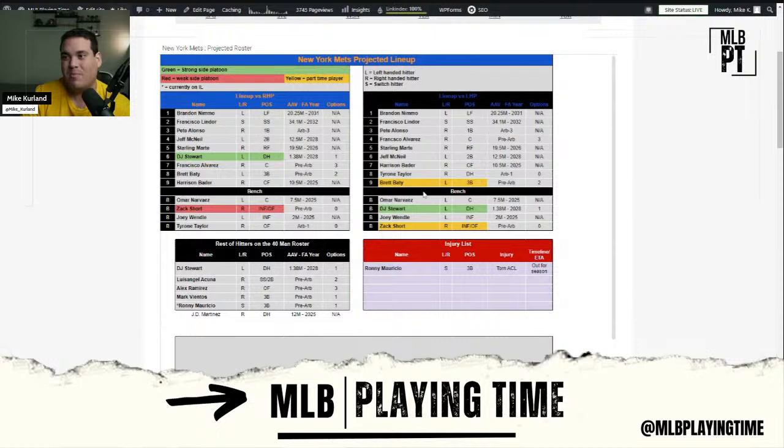So we had him in the lineup. I put Beatty as a part timer because I wasn't sure. We're going to update that as well. So Short will go in, and I'll probably tab Beatty as a strong side platoon player. Zach Short is a weak side platoon player. And Tyrone Taylor, we're going to move up. But Taylor was always projected to start against righties. It just made sense.